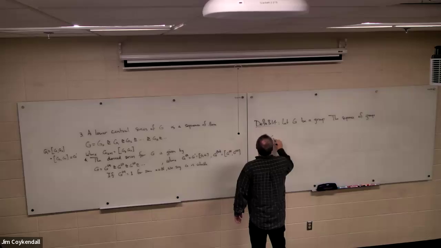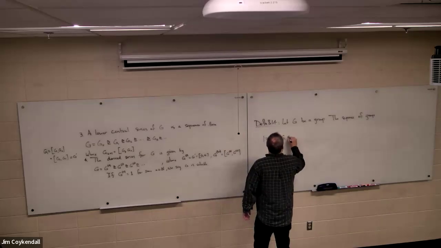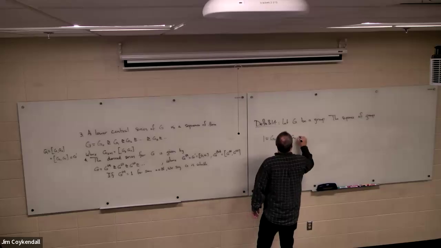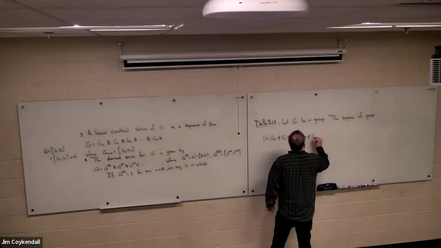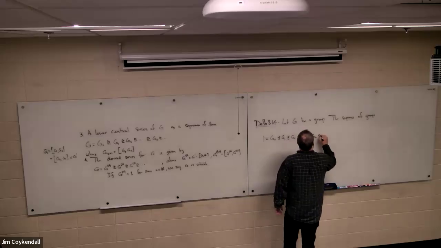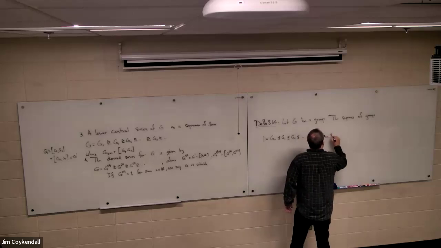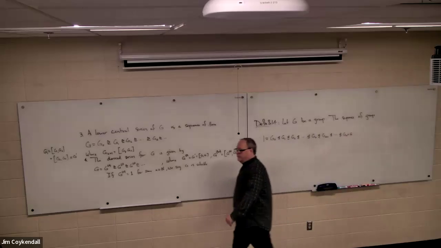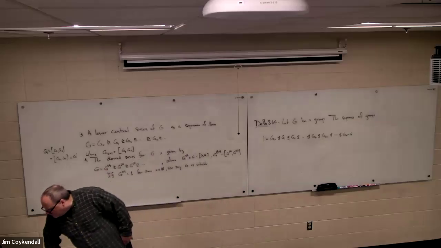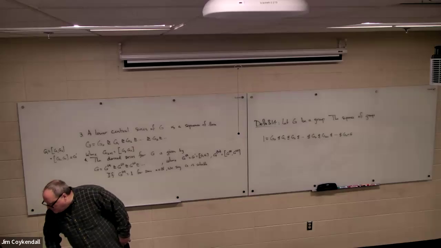One equals G0, which is normal in G1, which is normal in G2. So this time it's ascending. GK normal in GK plus 1, up to GN, just I'll put G. Where each